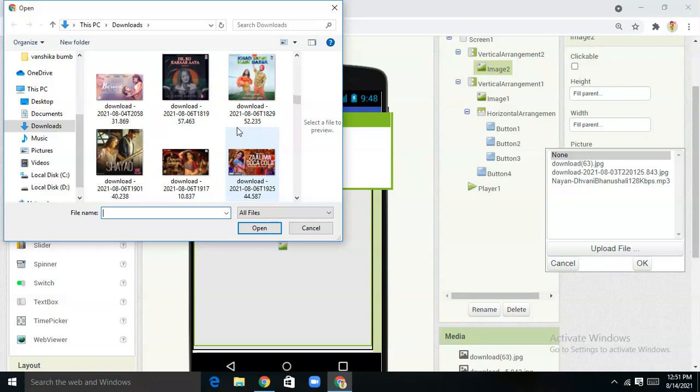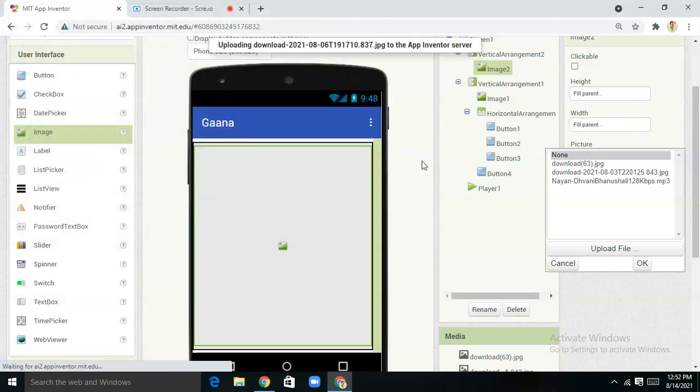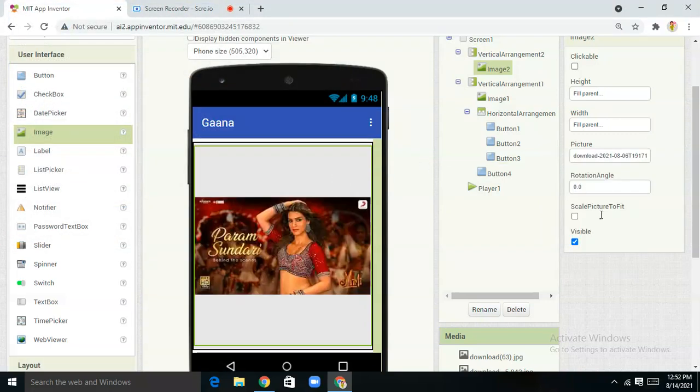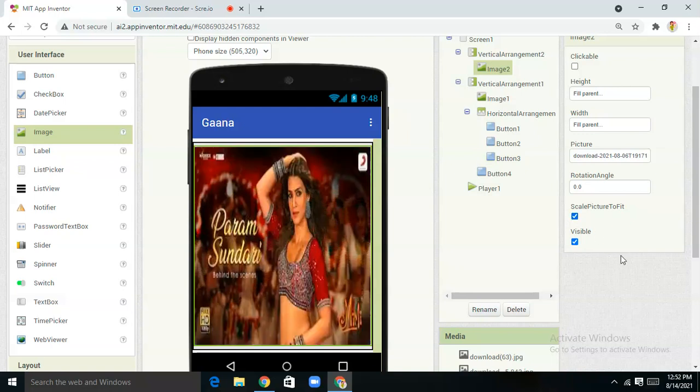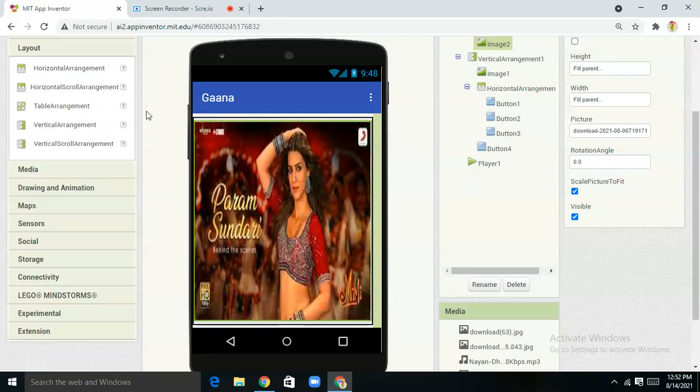Let me see a good one. I think this one is one of my favorite songs. I've downloaded many songs for this app, but it's just a demo, so I'm just showing you one particular artist, right? So it's your choice, whatever you want to do.